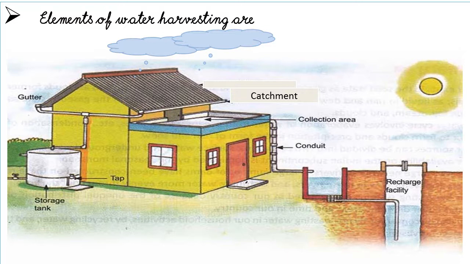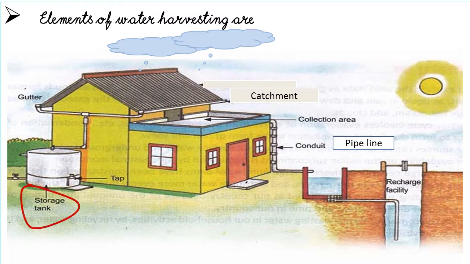Second is conduits. Conduits are the pipelines or drains that carry rainwater from the catchment. Conduits may be of any material like PVC or GI or any other commonly available materials. To prevent leaves and debris from entering the system, mesh filters are provided at the mouth of the drain pipe. Further, a first flush device is provided in the conduit before it connects to the storage container. If the stored water is to be used for drinking purpose, a sand filter is provided.